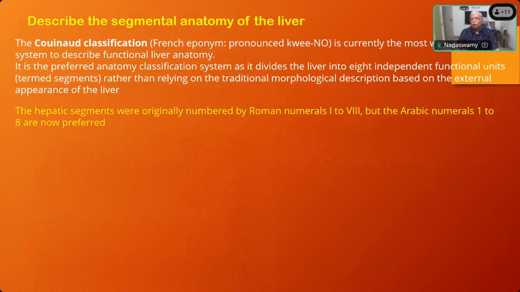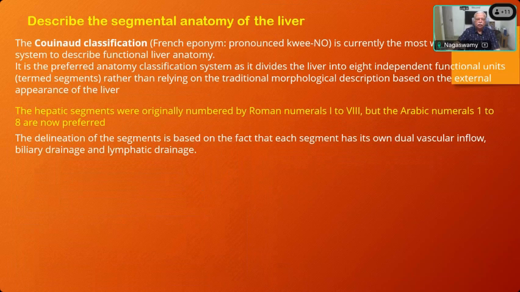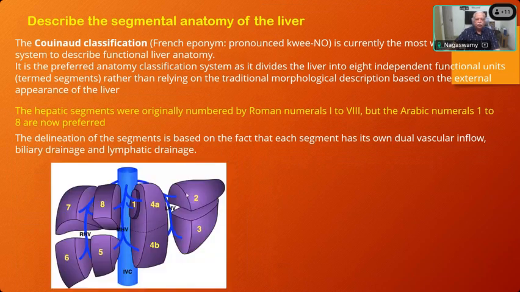Whereas liver is unique in that it is a unipotent cell. One stem cell of liver will grow only into liver cells. It cannot go into other tissues. That is the reason why liver has got such an enormous capacity to regenerate, and that is the success of the liver transplantation. And so this is the picture of Couinaud classification based on the intravenous venous supply, IVC